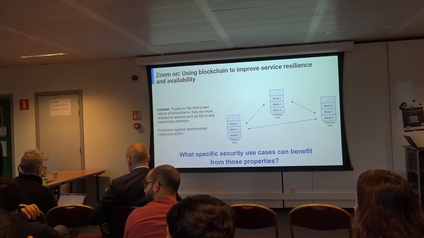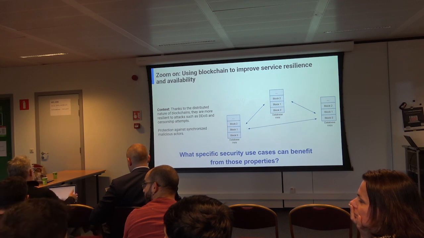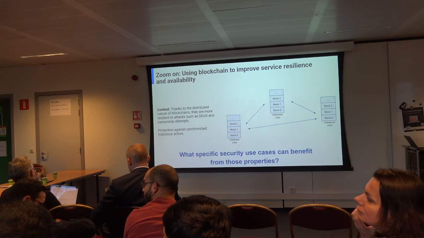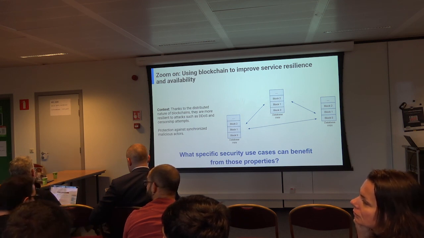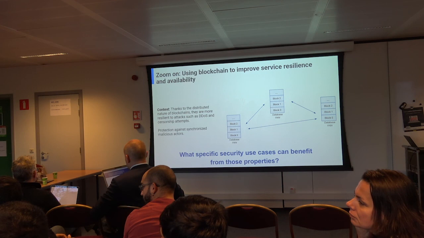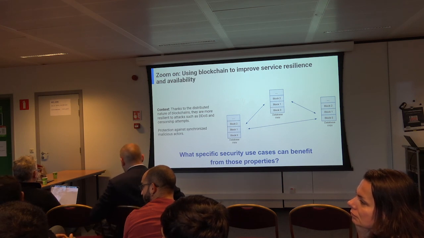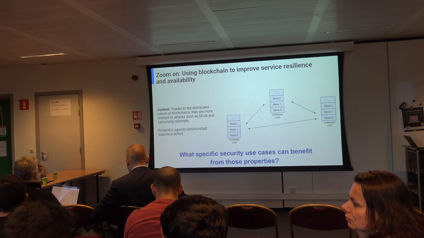No, I think it's still very useful. I agree that it's difficult to implement for a number of reasons because people won't run their own blockchain node. But I think it's still better than having a centralized naming service, I suppose. And I can see where you're coming from with most blockchain applications would probably go down if Infura went down, which is one of the gateways. So yeah, that's a good point. But I think it's still useful.